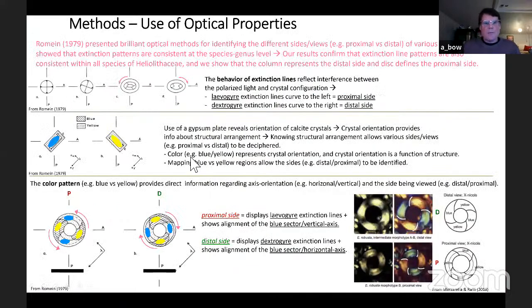Okay, so we'll get into the optical properties and the methods. As far as that goes, we've followed Romain 1979 as far as the methodology that he followed and established. Basically, the extinction lines, the way they curve, whether they curve to the left or to the right, give information about the crystal configuration